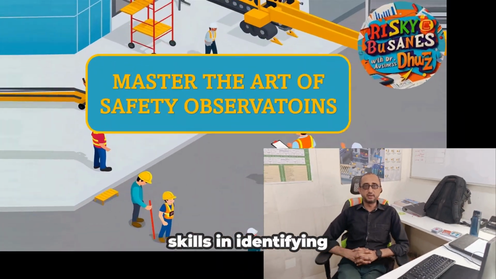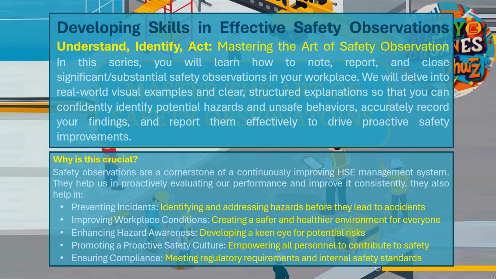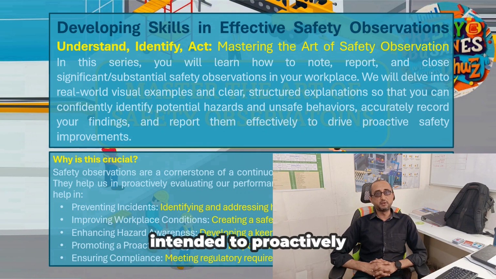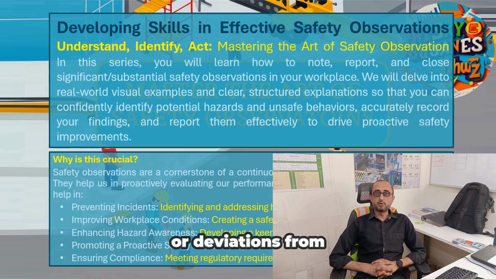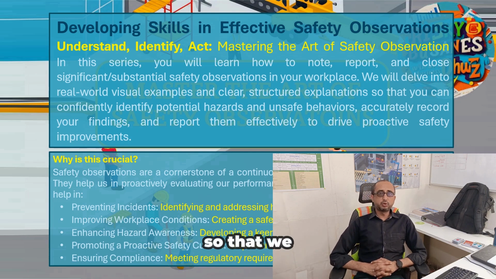Welcome to our Master the Art of Safety Observation series, in which we are improving our skills in identifying, recording, and reporting professional safety observations at worksite. These observations are a form of proactive monitoring intended to identify any areas of improvement, gaps, or deviations from our adopted HSE standards so that we can promptly correct them to ensure the effectiveness